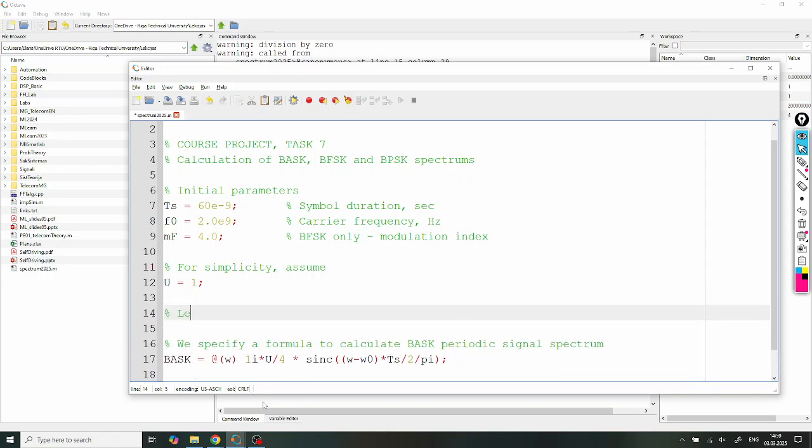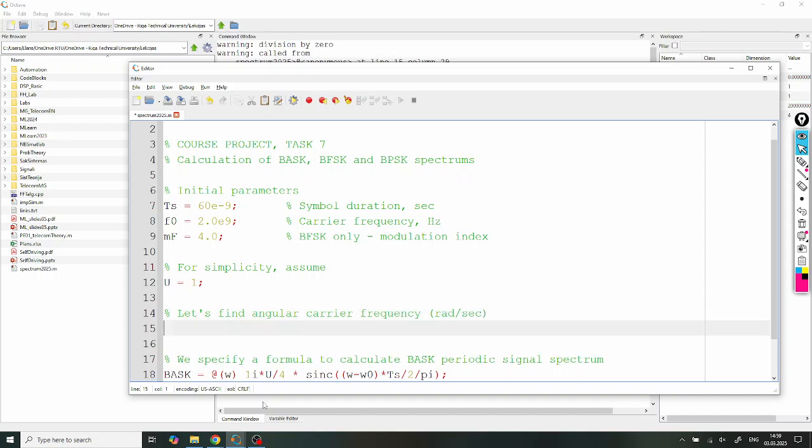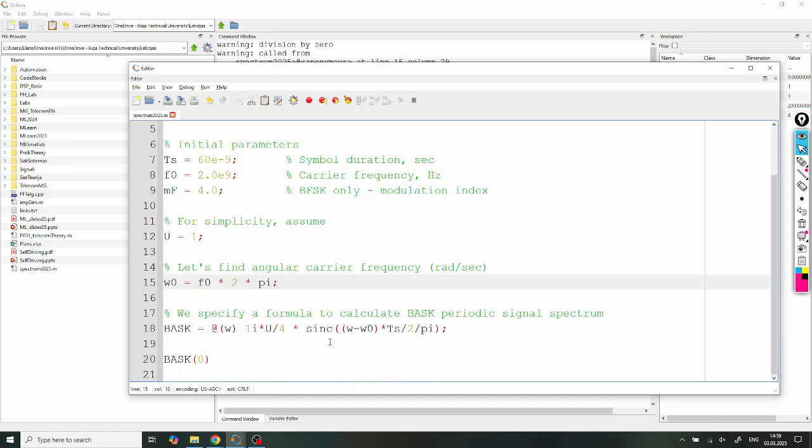Let's find angular carrier frequency, radian per second. So that's quite simple to do. It's just f0 multiplied by double p. Now our function actually knows anything it needs to know